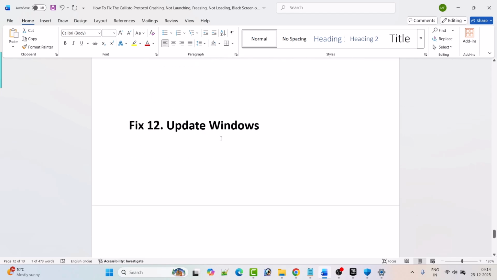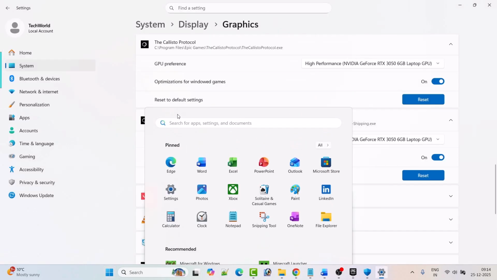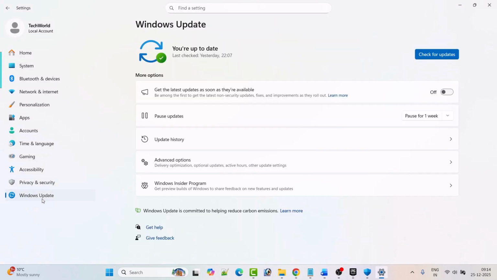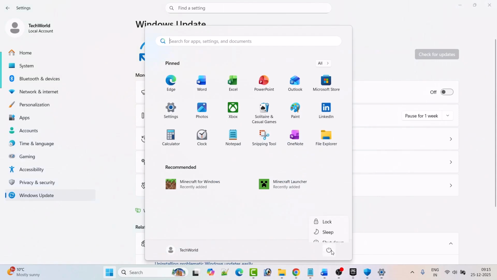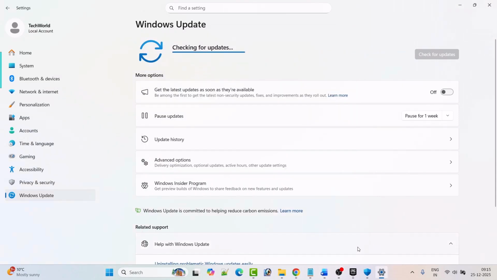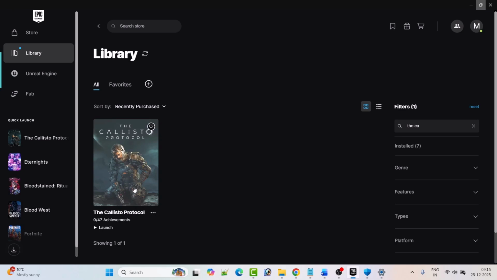Next solution is to update Windows. So go to Windows settings. On the left, click on Windows Update and then click on Check for updates. And if there are any updates available, then download and install them. And then just restart your PC once. And after your PC restarts, then you can go ahead, launch the game and check if your problem is solved